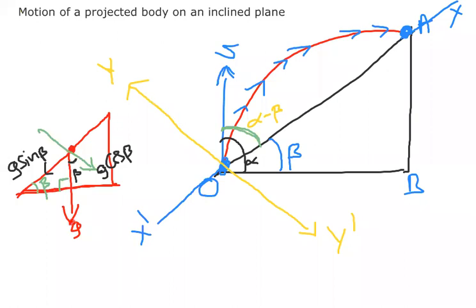Now I want to resolve g into components. Observe carefully, this angle is beta, this is 90 degrees, so this will become 90 minus beta, and this is perpendicular. So simply we can write this also as beta. In an inclined plane with inclination angle beta, if you draw a perpendicular line to the plane, this angle will again become beta with the vertical. So g is acting vertically downward, and this angle is beta.